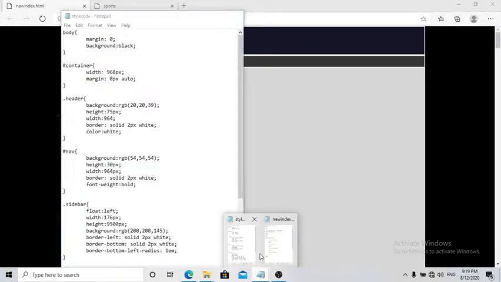That should do it for this particular video. In our next video, we'll start to talk about what we did with the headers, the nav bar, and the other calculations that are involved in ensuring that everything fits into the fixed